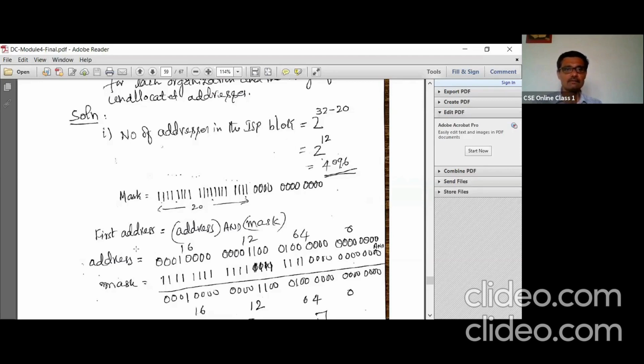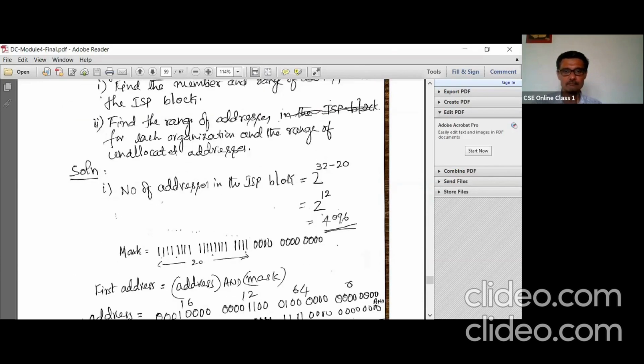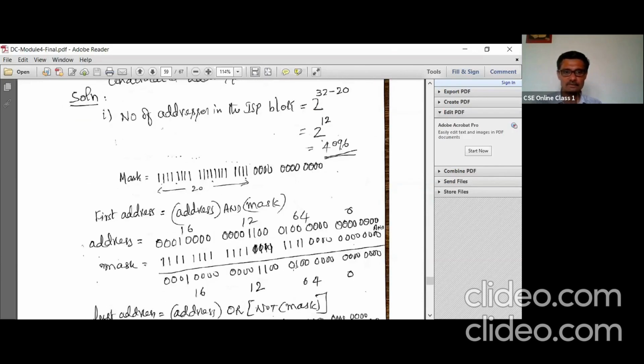Then the first address, how do you find it? You have to take the given address, that is 16.12, and the mask, and perform a bitwise AND operation between them. You get this address, this is the starting address, which is nothing but the given address here.